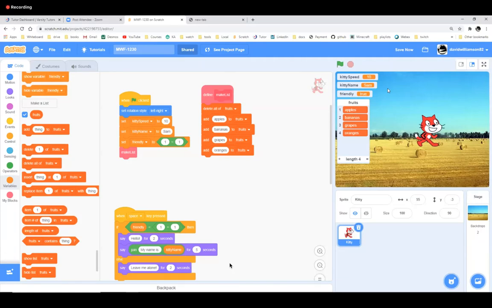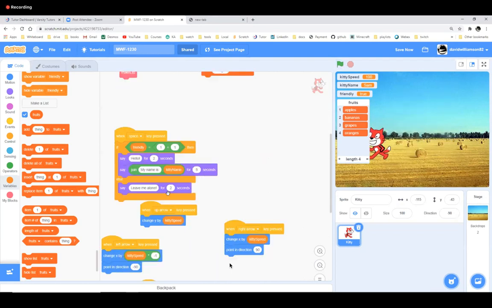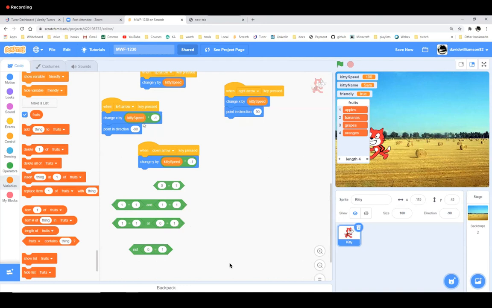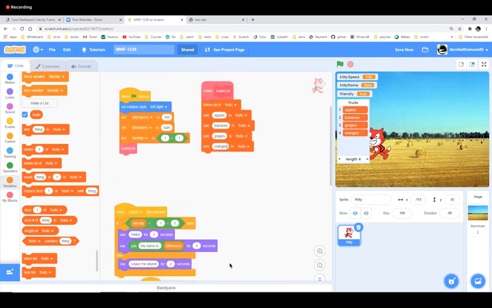Okay? That's a variable. The nice thing is, because I've defined my value in one place, that is going to apply to all my directions. Okay? So if I change this to 100, and I click the flag to set kitty speed to 100, now it doesn't matter which direction I press, because every direction is relying on that kitty speed variable. So they all increase and decrease by 100. Okay? That's one thing that a variable does.